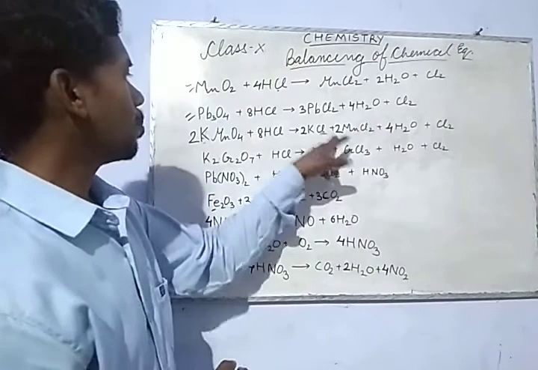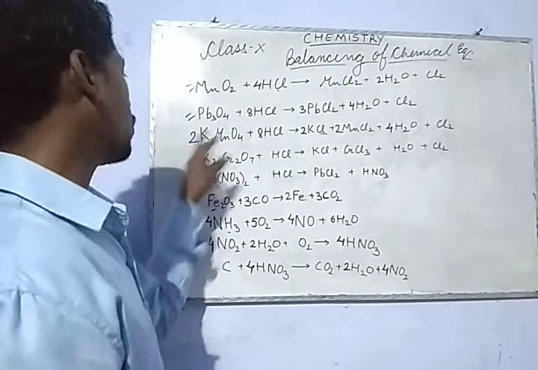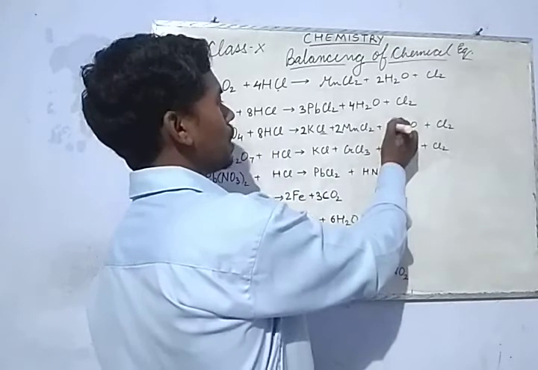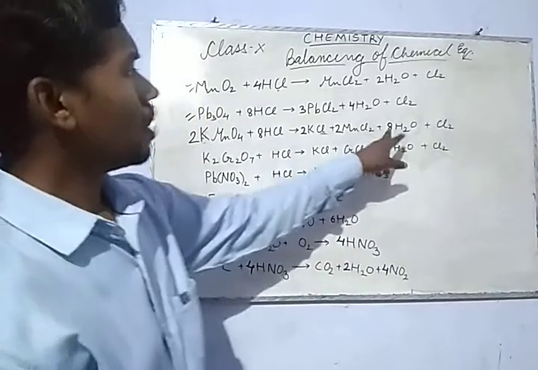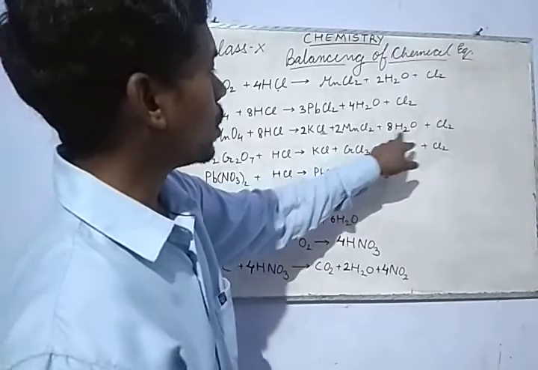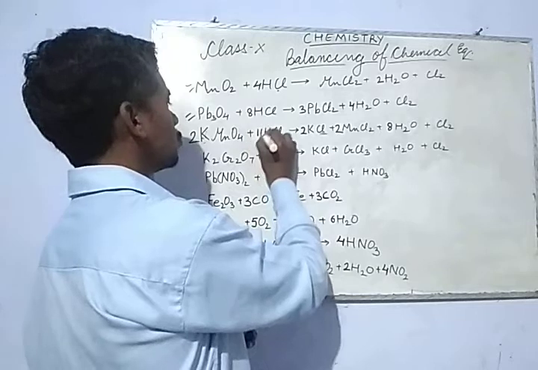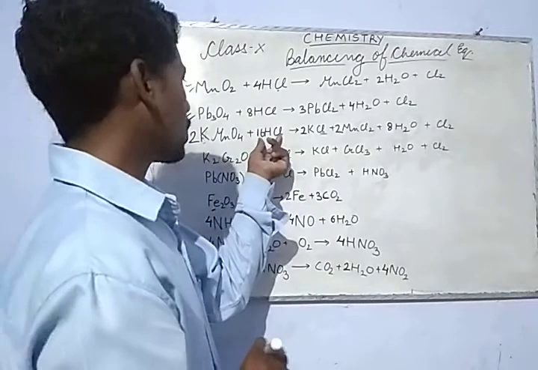Yes, when we put 2 here also, you see that oxygen number also has changed. It has become 4 2s are 8. When it has become 8, we need to make oxygen here 8. When we have made oxygen 8 here, you see that hydrogen number has changed, and it has changed to 8 2s are 16, and it should be how much? 16. Now let us see how many chlorine. Okay, 16 chlorine.